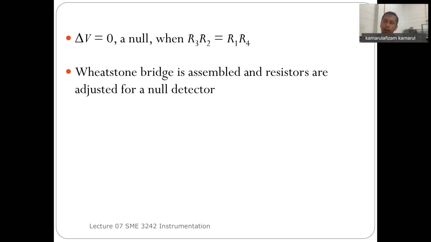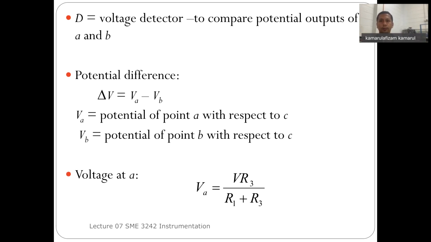So if the values are more or less the same, the potential difference is going to be 0. This is what you call a null bridge or balanced bridge. To achieve this, there are some conditions. Look at the formula: R3 multiplied by R2 is equal to R1 multiplied by R4. So if we look at the bridge here,